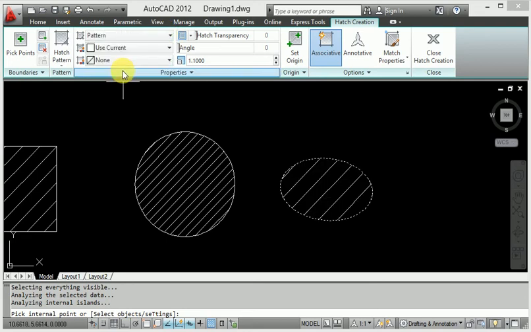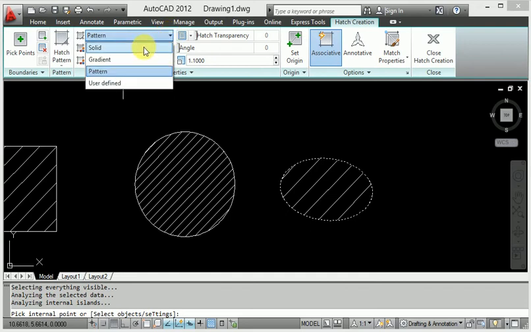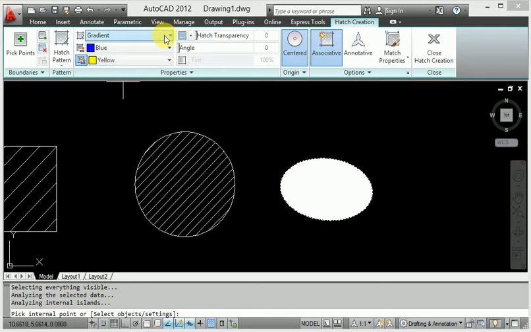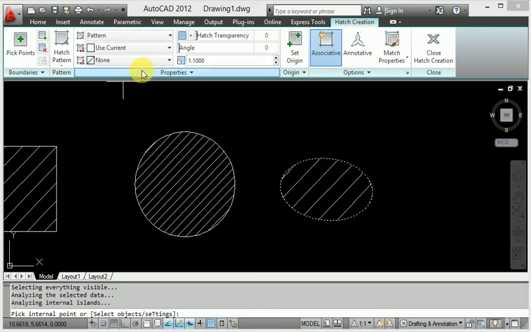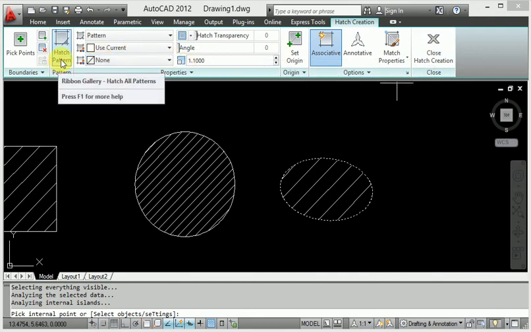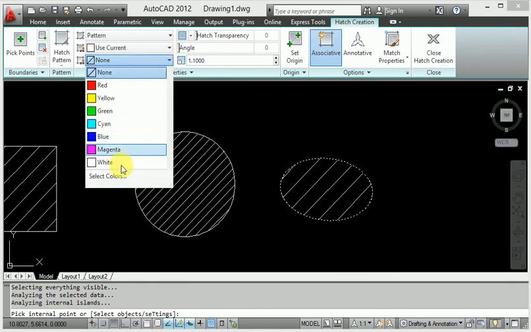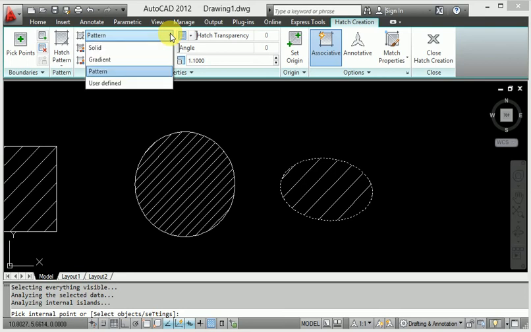If you want to define which type of pattern, and you click the pattern, this is the gradient type. If you also click this pattern, it is the solid type. So different types of patterns are available here. If you click this pattern position, first click which type of pattern you want, then this selection is the pattern. So it is very easy to create hatching.